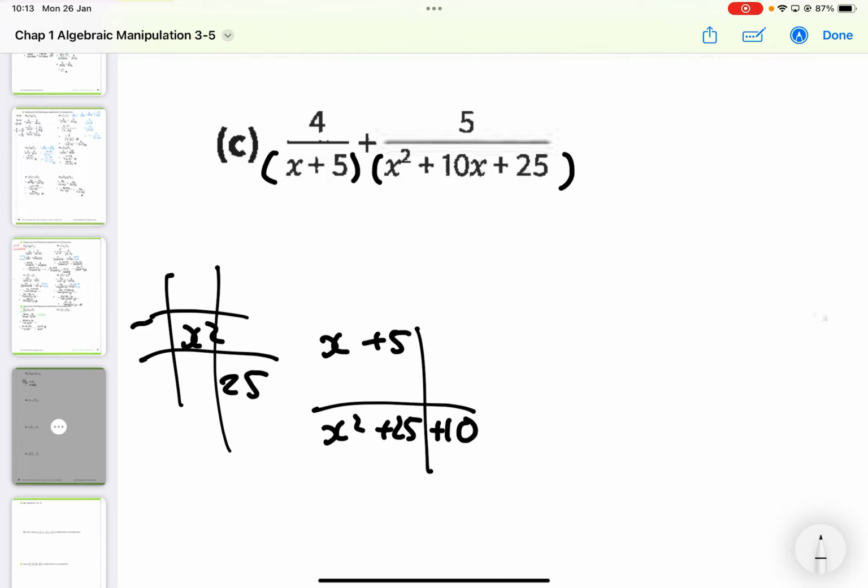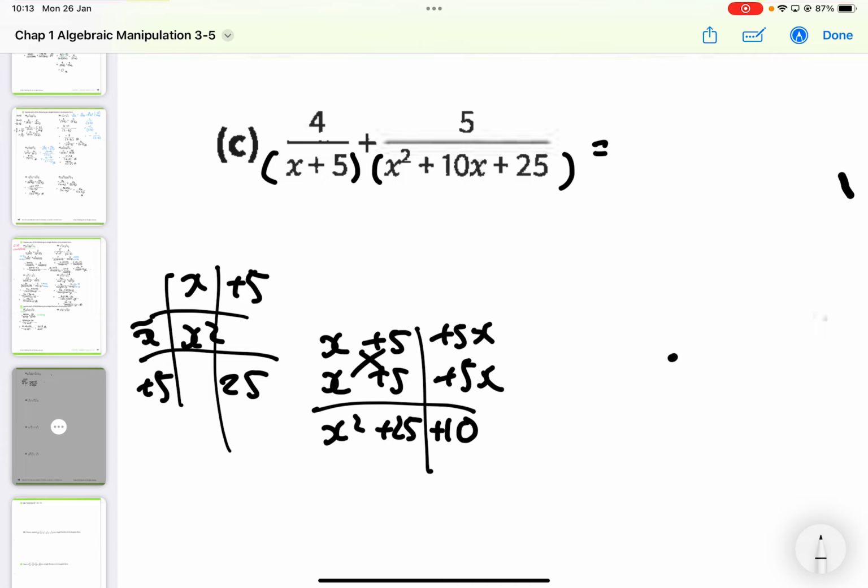Okay? Then that will give you the backward to go. What should this one be? X times x to get x squared. 5 times 5 to give me 25. Okay? Then cross: plus 5x plus 5x. Okay? X plus 5. This one will give me my plus 5. Okay? So for this one, it is just nice. It is x plus 5 square. Okay? So I will have